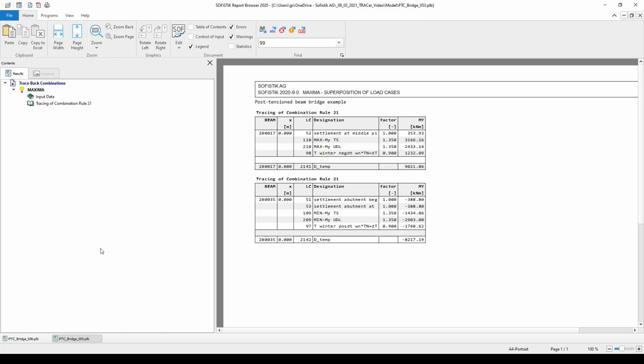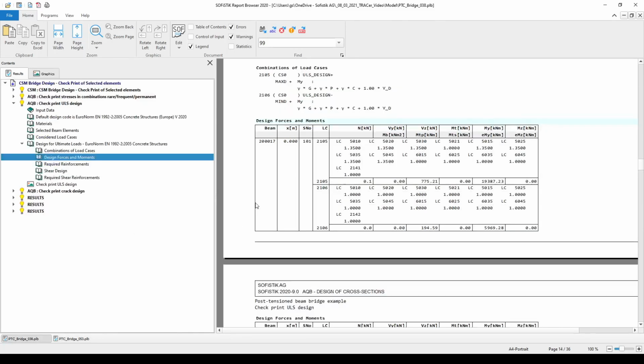So if I'm heading back to the check print of the selected beam elements, in the design forces and moments, we will see the overall bending moment from the load case 2100-05 is 19,387.23 kilonewton meter, from which the load case 2141 gives this roughly 9,000 kilonewton meter. The remaining part is coming from the load cases mentioned in this table, so from the G, P, and C